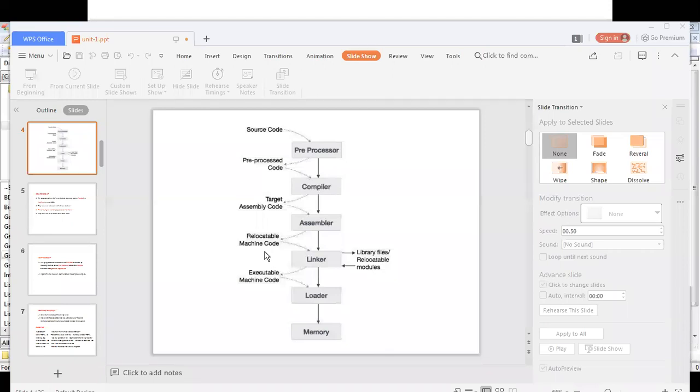Clear. The assembler is giving some addresses: this part of the code has to go to this address in main memory, and that part to that address. For example, suppose the machine code has four parts. Part one has to go to address 1010, part two to 1050, part three to 1070, and part four to 1090.